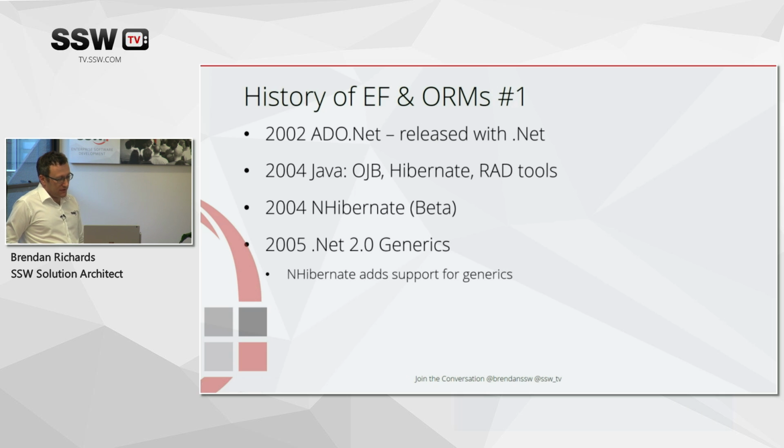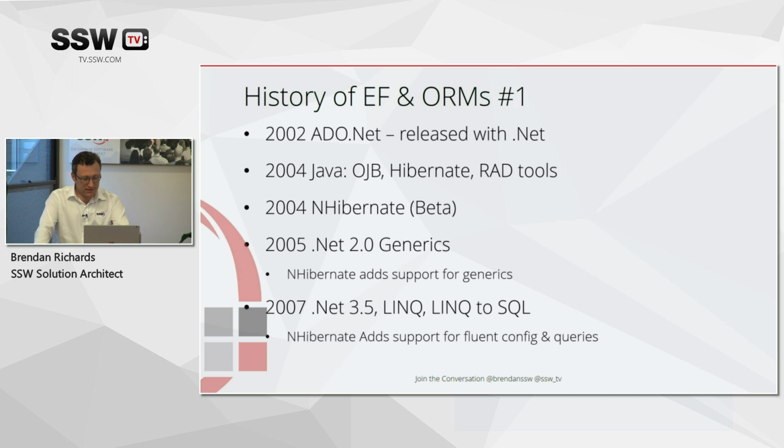So all the way over to 2005, we've got .NET 2, and that adds generics. And the interesting thing here is round about the same time, both Java and C# get generics very close together, and they're getting in a very similar way. Even the syntax is very similar. So they're kind of neck and neck. And when that happens, Hibernate itself adds support for this. So you've now got the ability to persist typed collections.